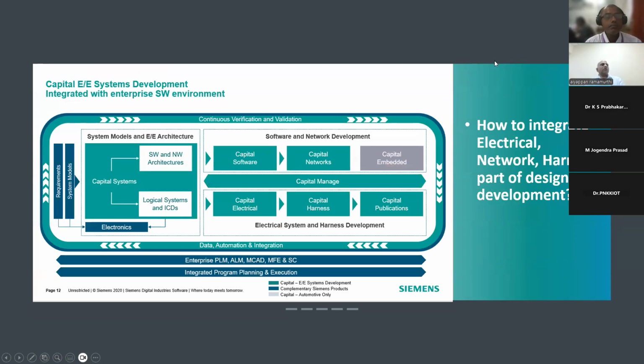This is something which is important, electrical and electronics system development, because we understand mechanics pretty well and we understand the electronics pretty well. But what happens in between is the electrical piece: how well you're able to connect these wires together, how you do the networks, the input output, the signals, the speed of the signal. So how well you're able to have this cable harness, and the response of these harness,